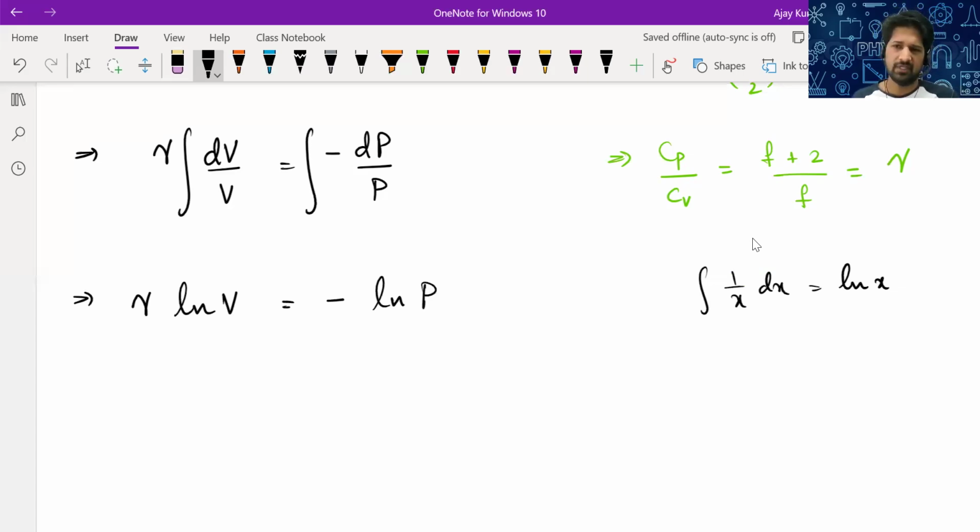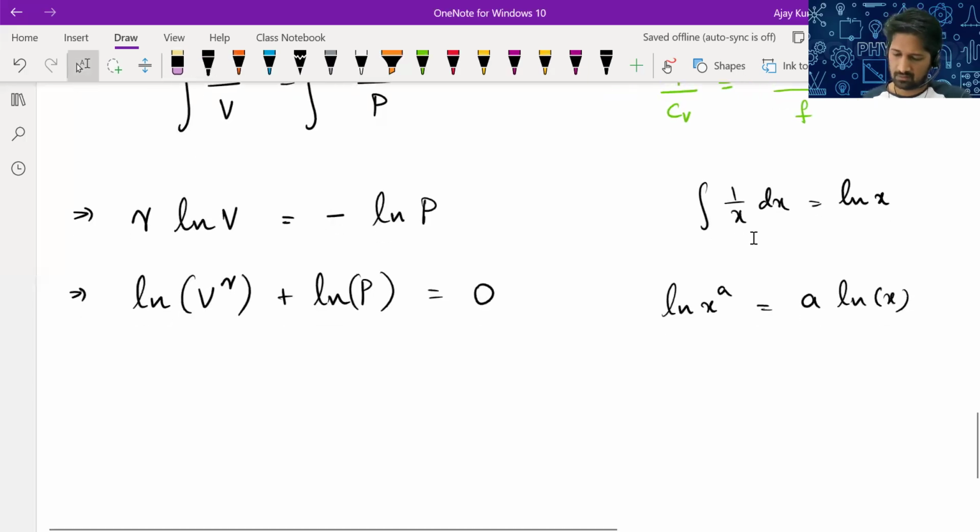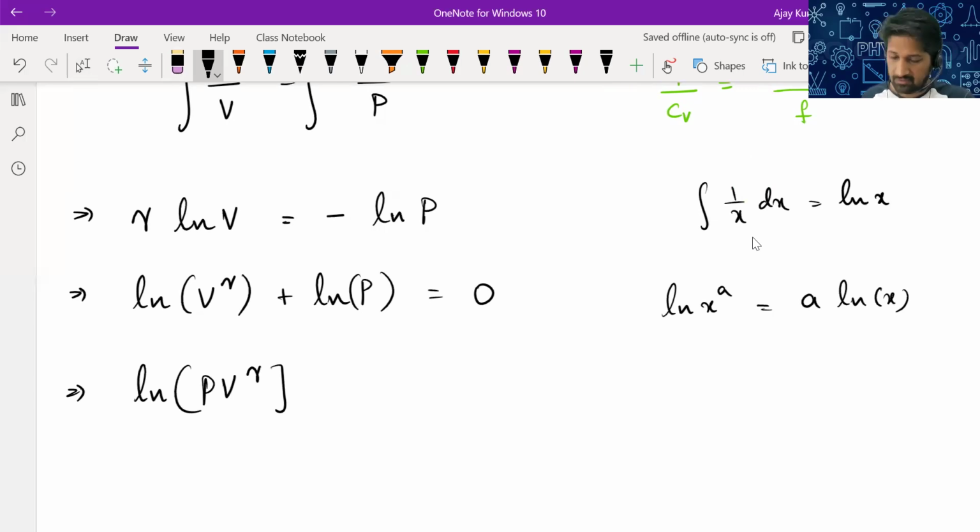Gamma ln V, some basic properties of logarithm. Ln of x to the power of a is a times ln of x. I hope you all know this. So gamma times ln of V can be written as ln of V to the power of gamma. And the right hand side I'll bring to the left hand side, becomes plus ln of P is equal to 0. What does that mean? Log a plus log b is log of a multiplied with b. So you can say ln of P V power gamma. We still have to substitute limits. Okay, we didn't do that. So ln of P V power gamma from initial pressure, initial volume to final pressure, final volume